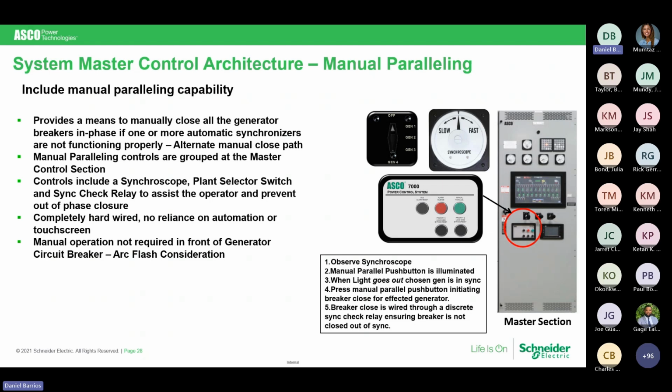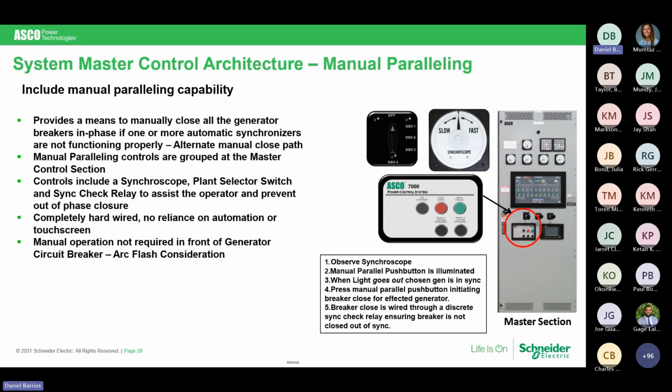In our case, you are standing in front of the master section. You notice there is a green button there that says manual parallel. It works in a very similar way. With the 2 white lights that we previously used, when you were 180 degrees out of phase, they glowed the brightest. When you were completely in phase at a 0 crossing, they went out. The green light here on our button works the same way. You stand there, away from the breaker you're closing. When the light goes out, you can press the button and manually parallel the one unit to the other one that you were trying to do.